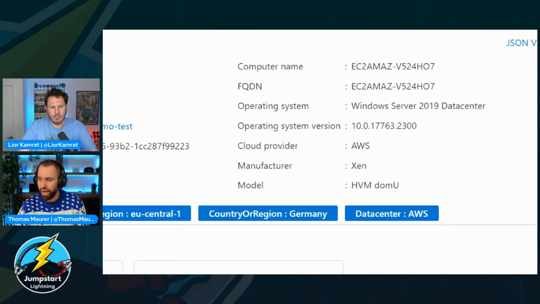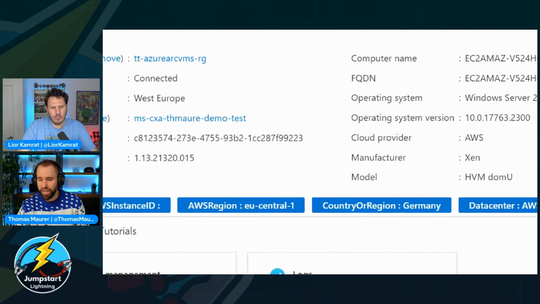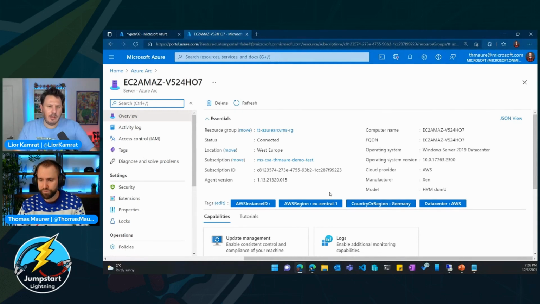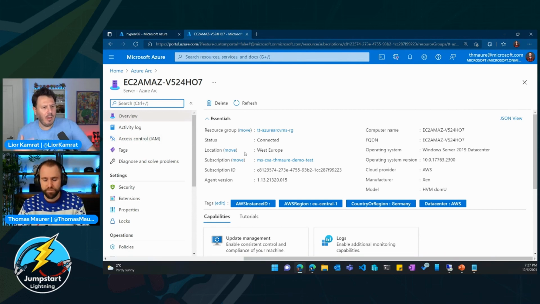But I can also add that using the tags, and you can see here now it did automatically take the AWS region, which I just showed you, the EU Central One, and basically added that. And I think, Thomas, the region thing is exactly the point that I was trying to make around remediation, because if you're thinking about how you should think about managing Azure policies, right?